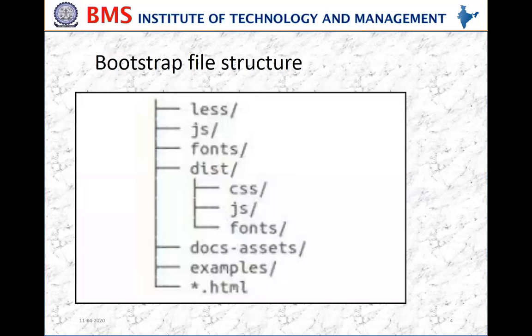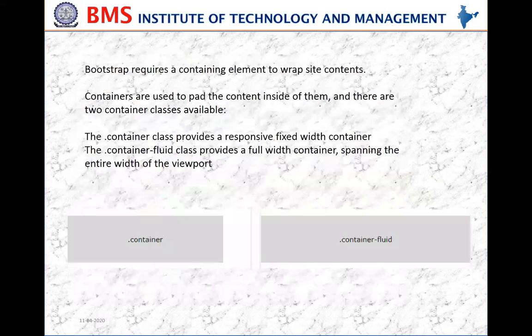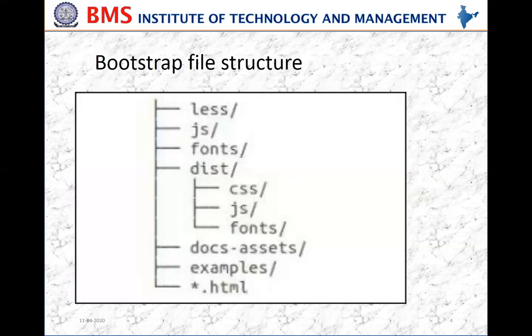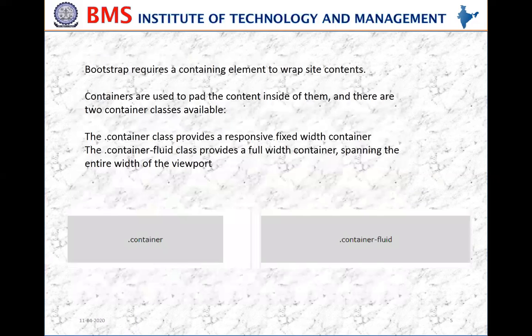This is a typical Bootstrap file structure. You can have JS, which stands for JavaScript. You have a folder called dist, where you have CSS and fonts. So this is a typical Bootstrap file structure, where each of those files performs different kinds of operations when the files have been put in these folders. In order to execute or display web pages on Bootstrap, it requires to be wrapped